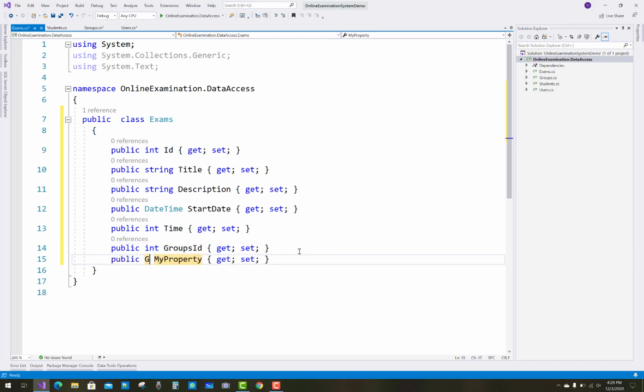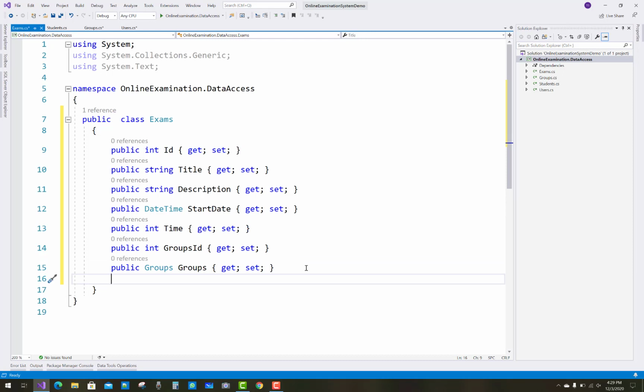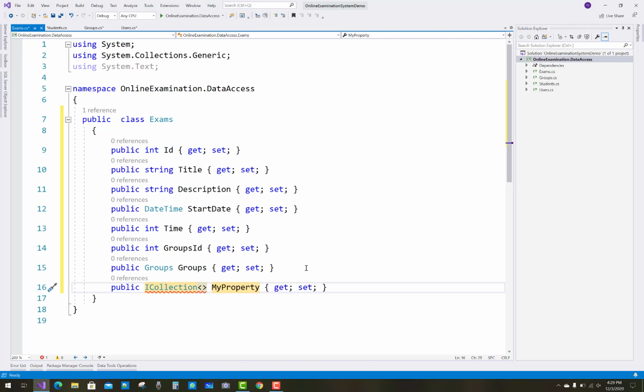So an exam has a single group ID property, and an exam has multiple exam results and multiple question answers. So prop ICollection exam results.